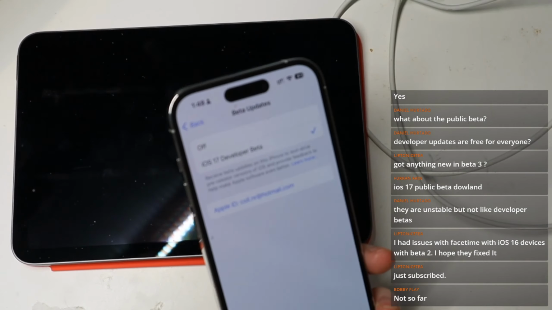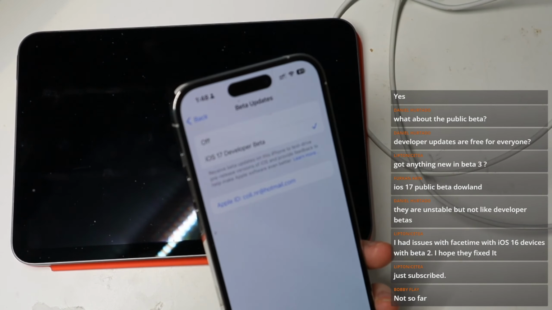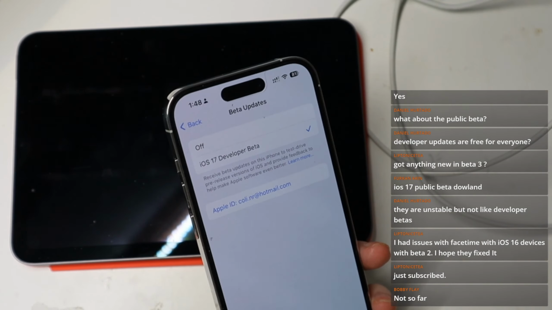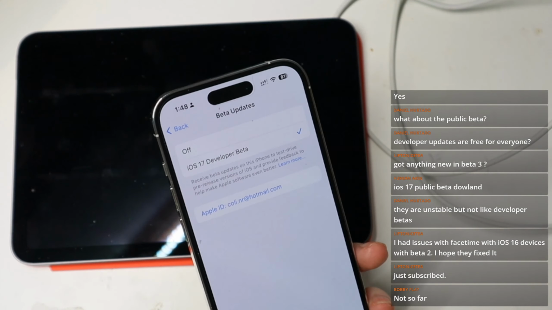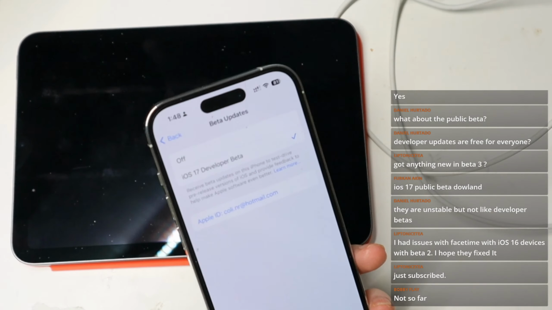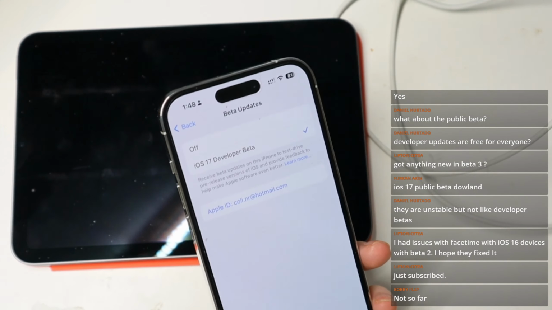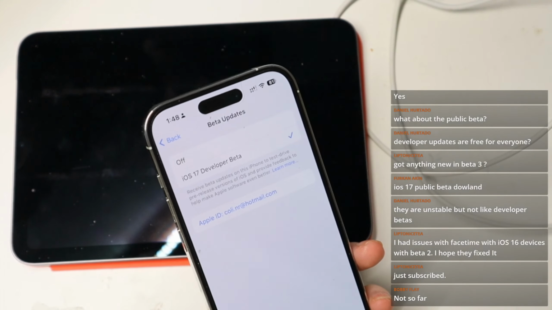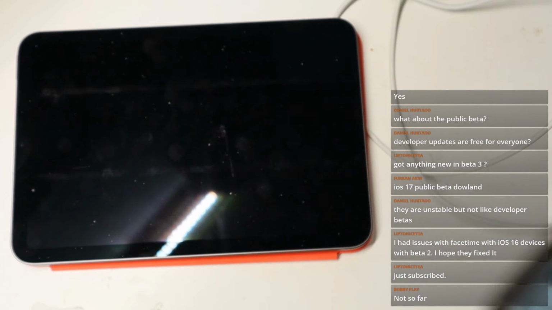It says developer beta right there, and then you should get a public beta option. You may see both. I don't know if you have to log into developer.apple.com to get the developer beta option to show up or not, because I already had it, so I'm not too sure how it works. But you definitely have to click sign up here on beta.apple.com, and then go over to your settings, and you should get that public beta option on there, and that will start the updates of the